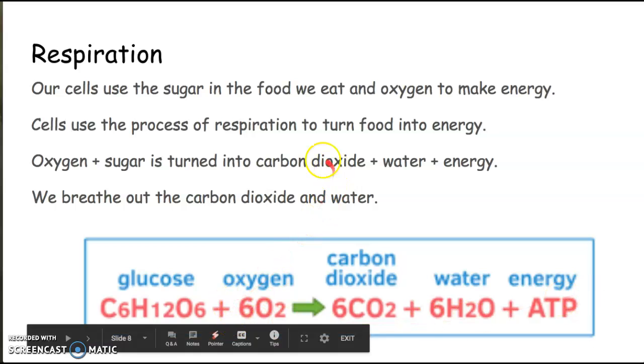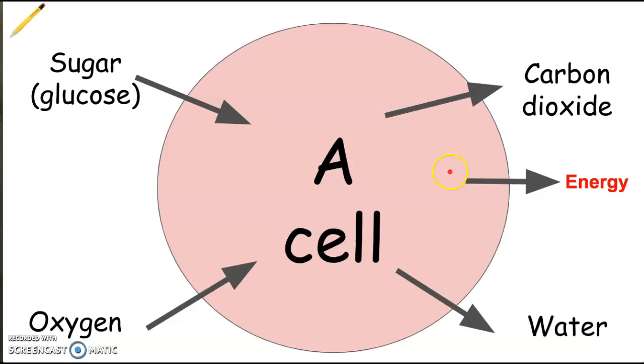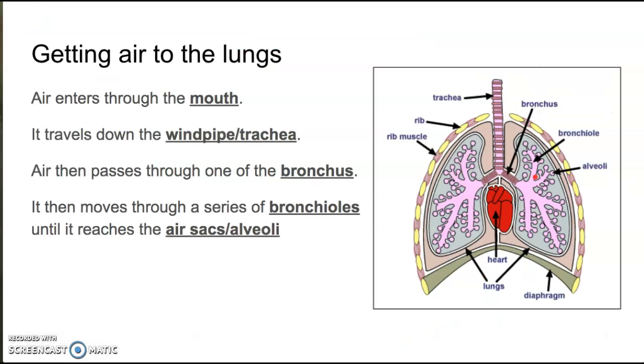So we take in oxygen and we give out carbon dioxide and water to give us that energy. So you can see that, and you're going to be copying this into your notes, that sugar goes in, oxygen goes in, carbon dioxide comes out, water comes out, and a little bit of energy is used up by the cell. To get the oxygen out into the blood, we've got to get air into the lungs, because it's